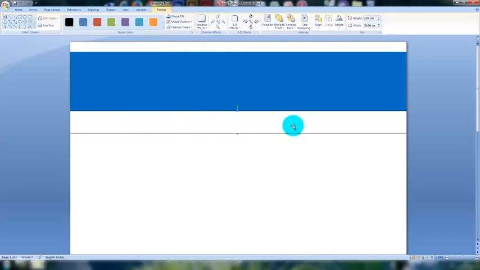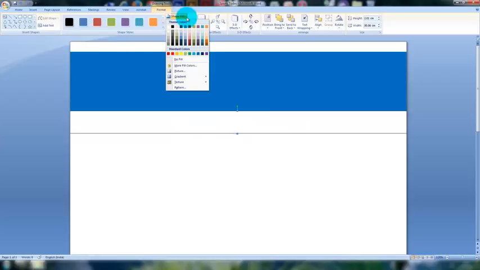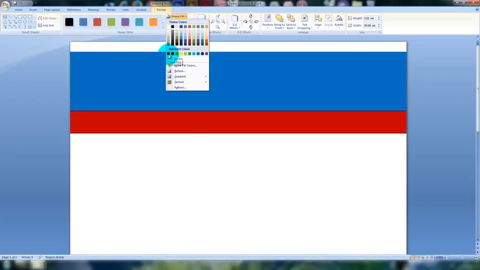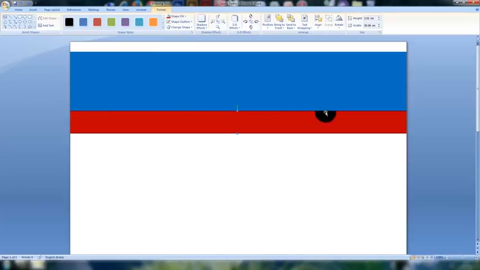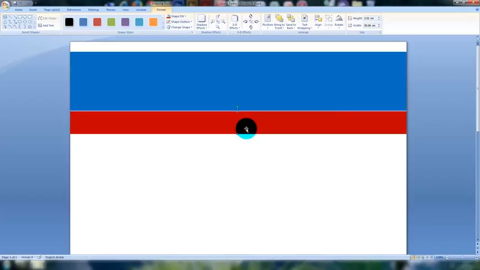Then I have another rectangle here. Here I fill the red color and I need a small border-like appearance here. So what I am doing is I remove this red color outline, so I can use this icon for applying the previous value. Then I move it down a little bit using my arrow keys. So now I have some space between these 2 rectangles. Then I need to add